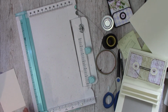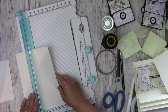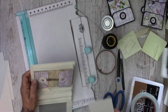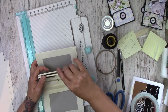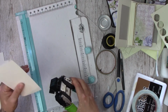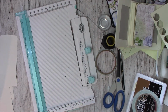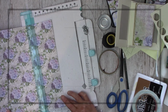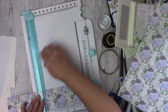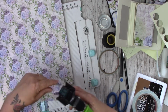Right, we just now need to do the photo mat that goes into the pocket in the middle of our album, and the measurements for that will be 2 7/8 by 5 3/8. Yeah, I think that's a lot better. Now I'm going to go ahead and round all of the corners on this, like so, and then pick our patterned paper. So this needs to be 2 3/4 by 5 1/4. Okay, so that should give us a nice border all the way round, and round all the edges on this one,